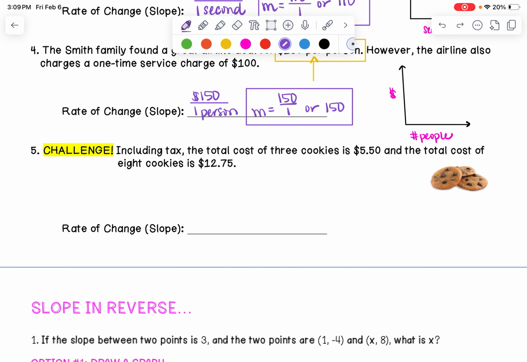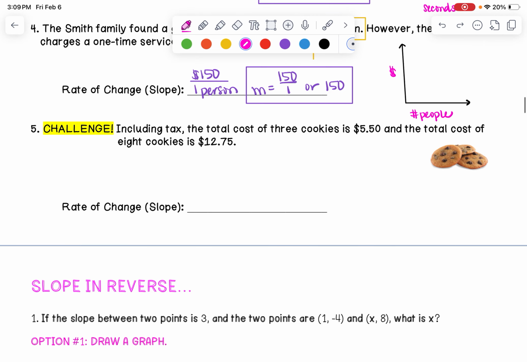All right, this 5th one, I've labeled it kind of a challenge question because if you read this prompt, it says, including tax, the total cost of 3 cookies is $5.50, and the total cost of 8 cookies is $12.75. Well, did you notice the word each, every, or per anywhere in there? Because I certainly didn't. If I'm looking for the unit rate or the rate of change for cookies, they would have to tell me what the cost was per cookie. And they don't. They tell me what the cost is for 3 cookies or for 8 cookies. So